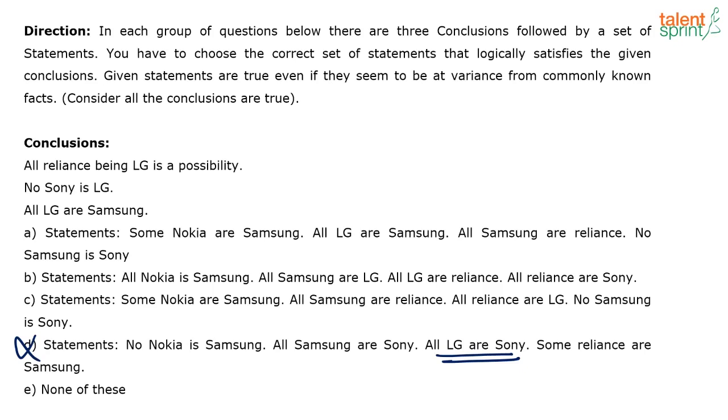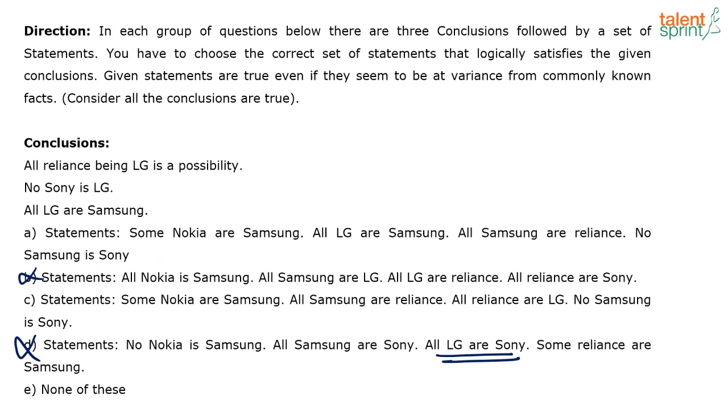Now again, as I said, for this question, what did I say? If there is a negative conclusion, there has to be something negative in the given statements. Look at statement B, nothing negative is given. So with this, will I be able to arrive at this? No. So this also doesn't follow. So which are the options that you are left with? A and C. Fairly easy, no? Now you have only two sets of statements. You can draw the diagram for it and check which is your correct one. So we are left with option A and option C.